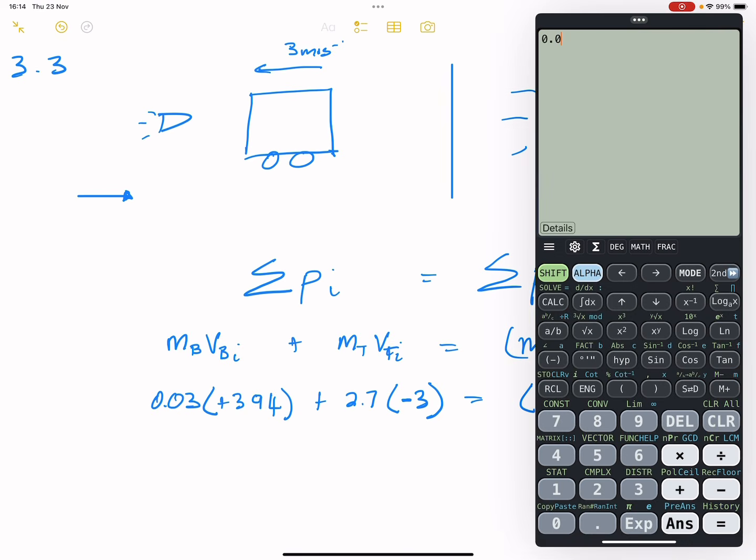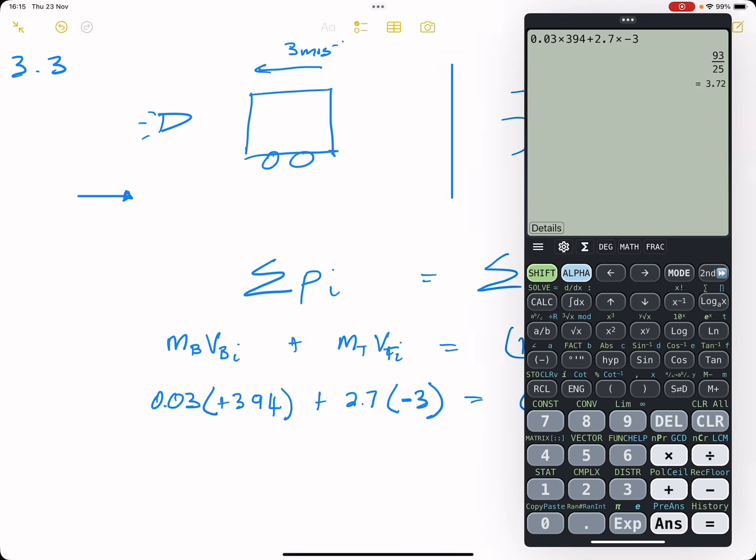So we've got 0.03 multiplied by 394, okay, plus 2.7 multiplied by -3, right? So in this case, what do we get? Okay, we get